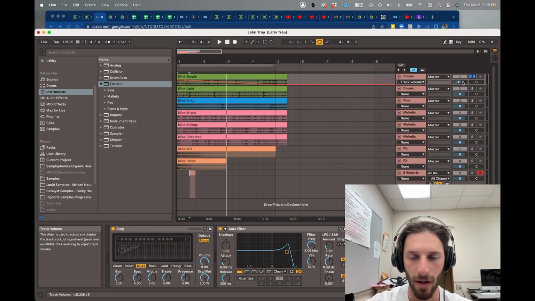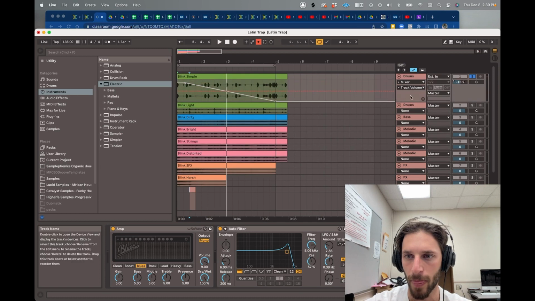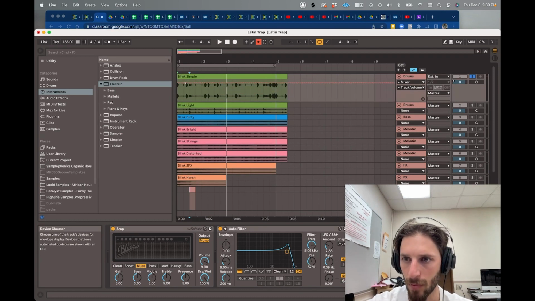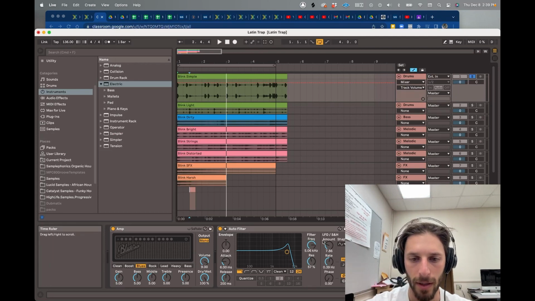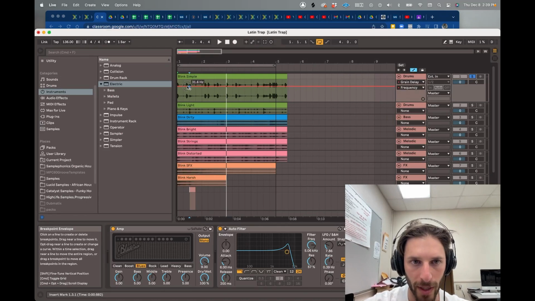looks like it was actually on the master volume, track volume. This will tell you what you're automating. Let's undo that. And I would like to, I guess, let's see, what is moving when I do this? The frequency. Okay, let's click on the frequency. See how it says grain delay, frequency. Now I can click a point here,